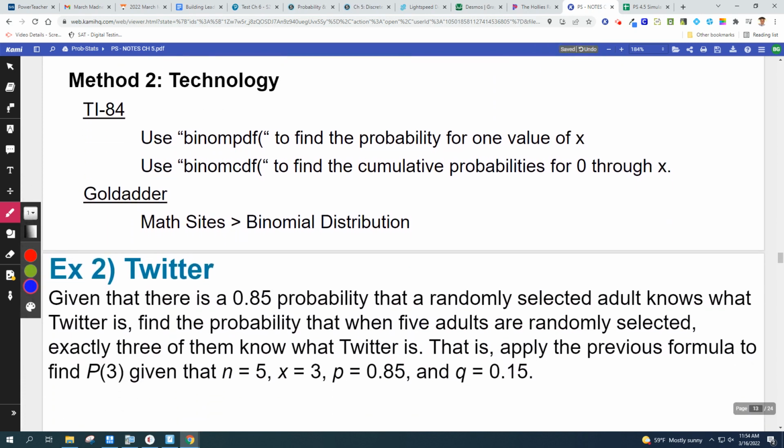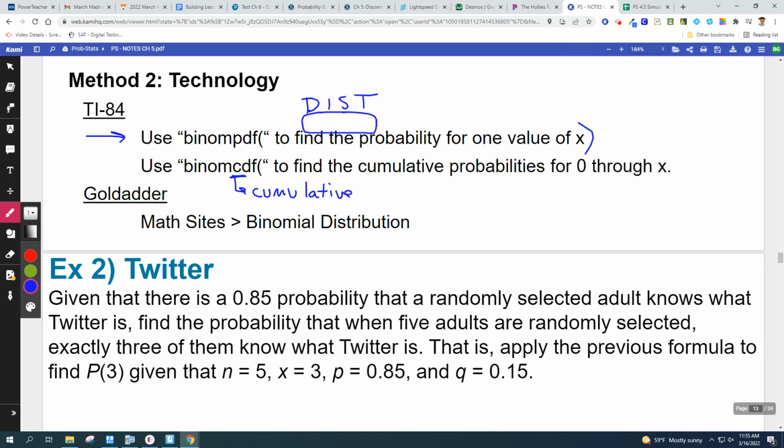Now, method 2 is technology. And those of you with TIs, you're gonna want to figure out how to use this. It's inside the distributions menu, and I believe that is on top of a button, so you'll have to hit the second button to get there, but check that out. Binom PDF is what you want to find the probability for one value of x, and then binom CDF. C stands for cumulative,